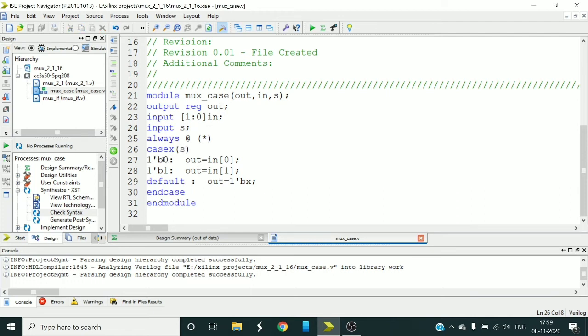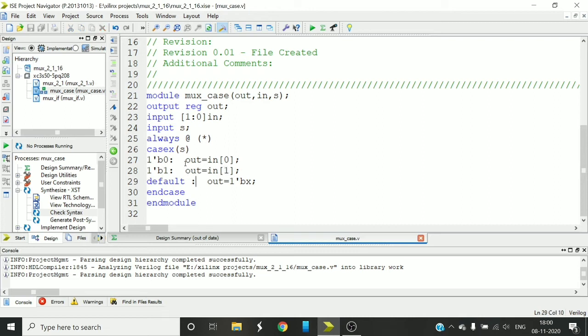So this block will be executed in such a way that if you give an input S, it will check first for 0. If it is 0, it will execute this statement, so in 0 will be given to your output variable. If this case fails, it will go to the next case. It will check for 1, and in 1 will be given to out.